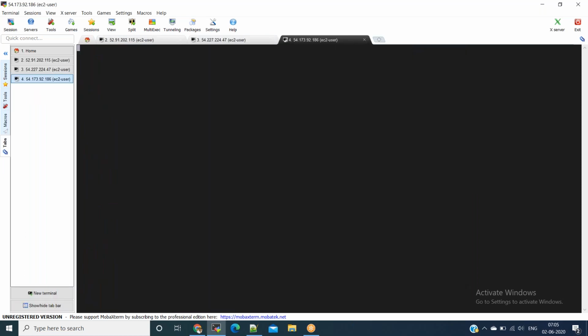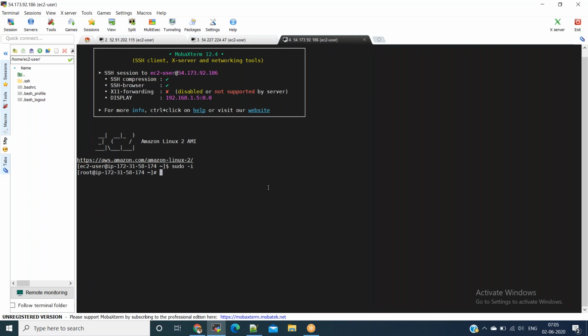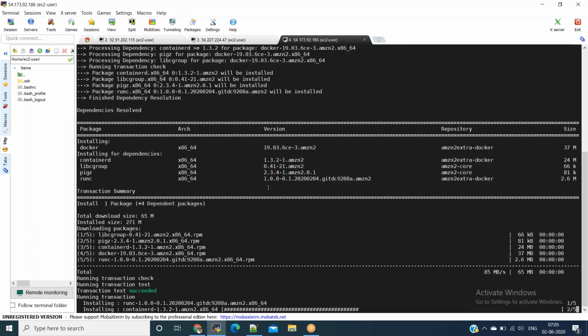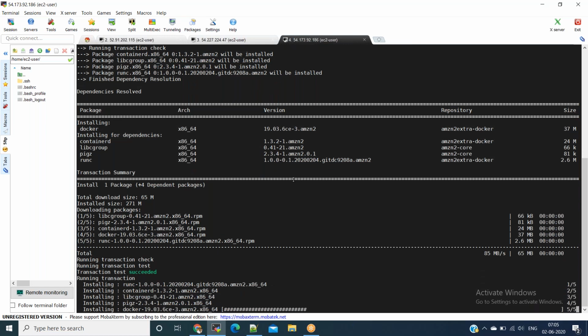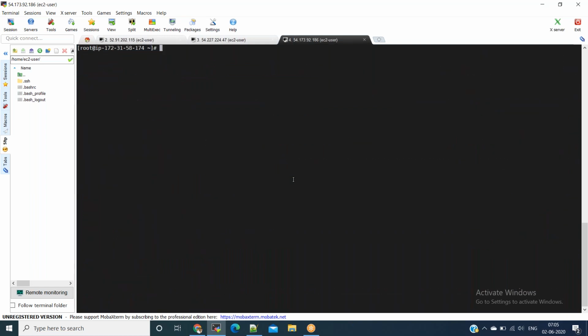Okay, just install Docker, configure Docker insecure registry. We need to keep this in mind.